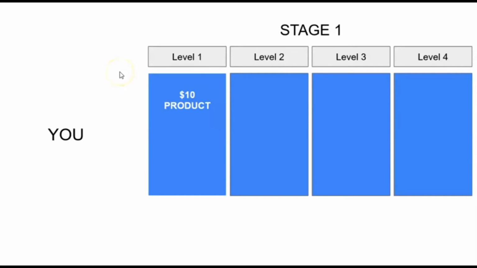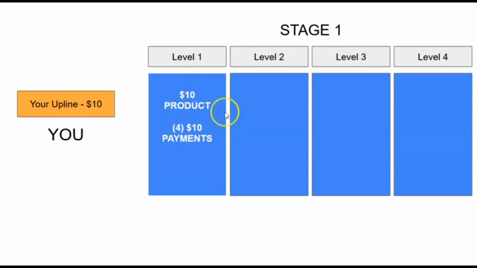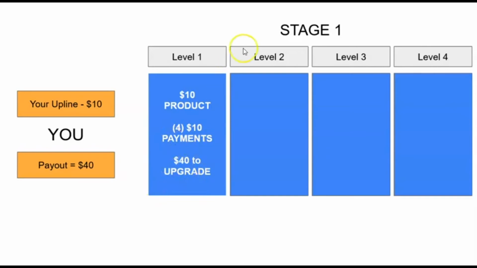When you begin stage 1, level 1, you are going to send that $10 to your upline. That is going to unlock your level 1, and you will be able to receive 4 payments in return. Once you receive 4 payments, that is a total of $40 paid to you directly to the wallet of your choice. What you're going to use is that $40 to upgrade to level 2, and this is not coming out of your pocket. Remember, what came out of your pocket was the initial $10 investment.